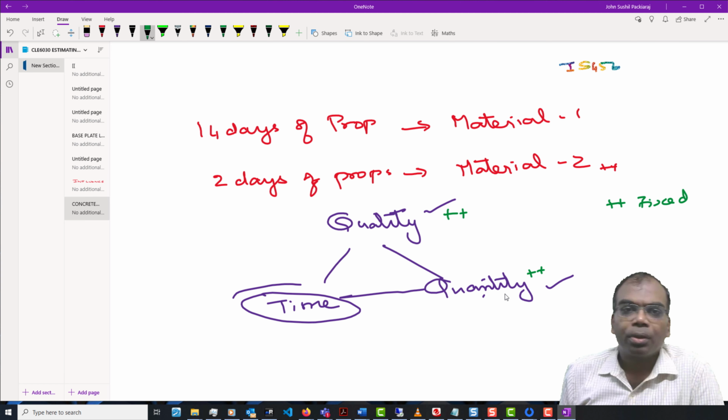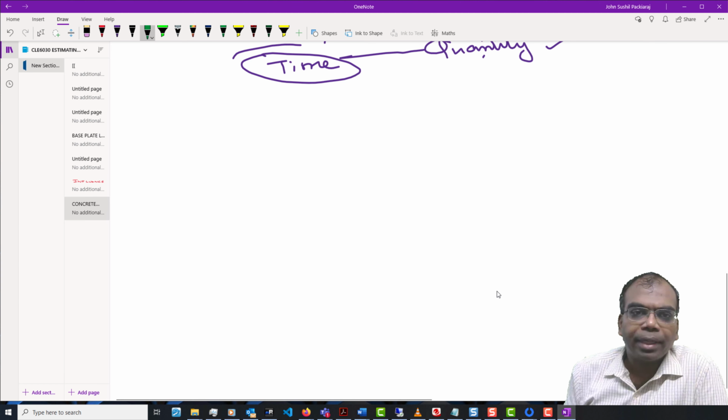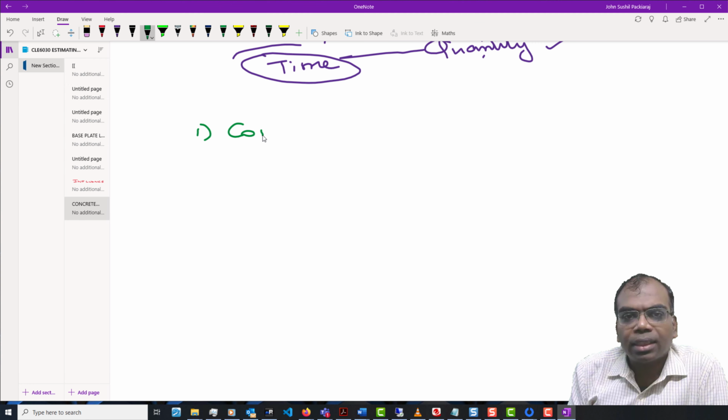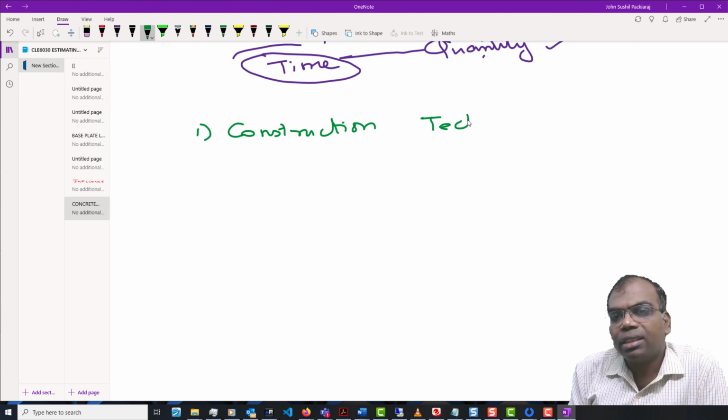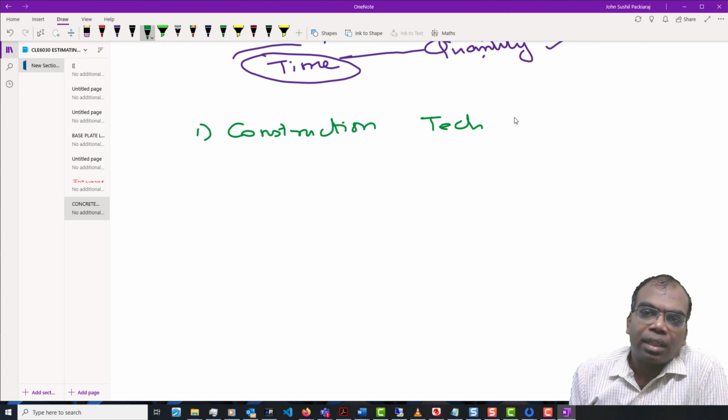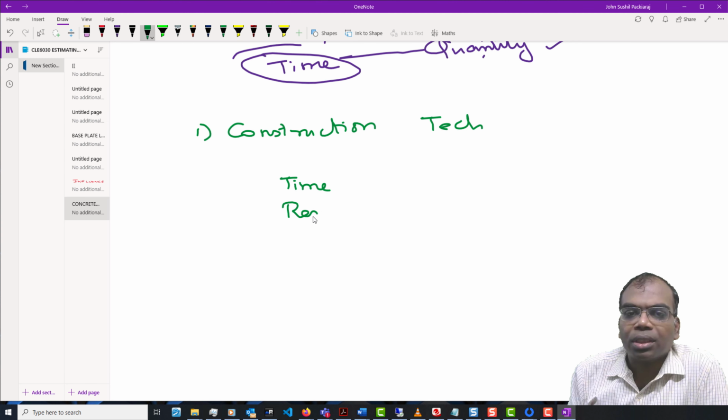Now a short summary of what we have seen till now. One, the construction technology is the only thing that determines time. It is the only thing that determines the resources. What do I mean by that?